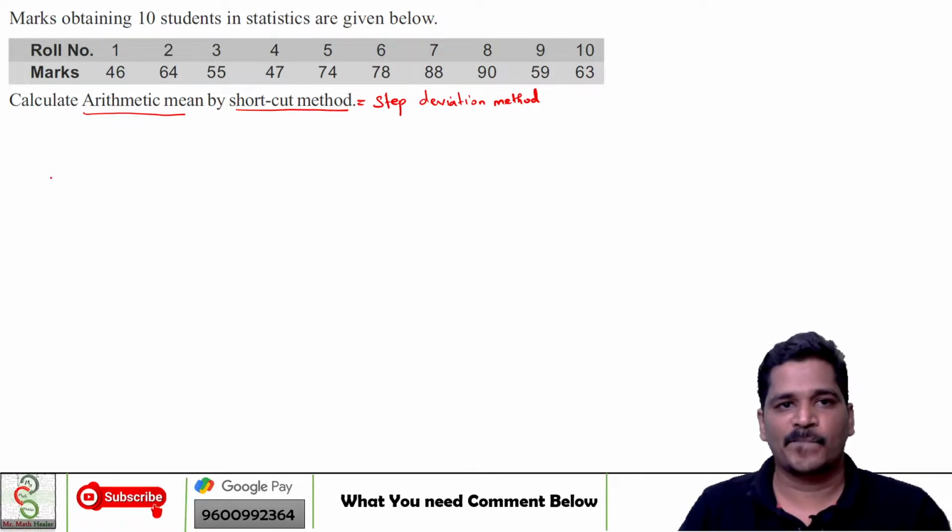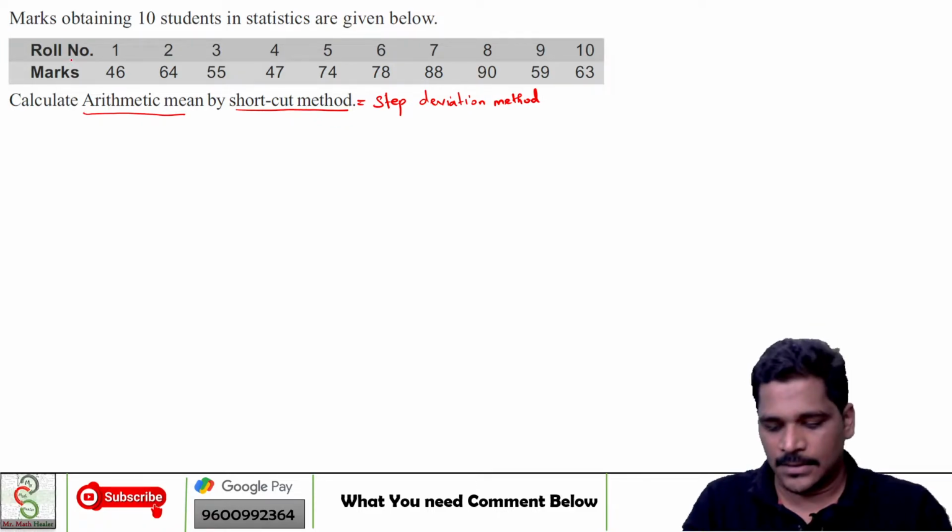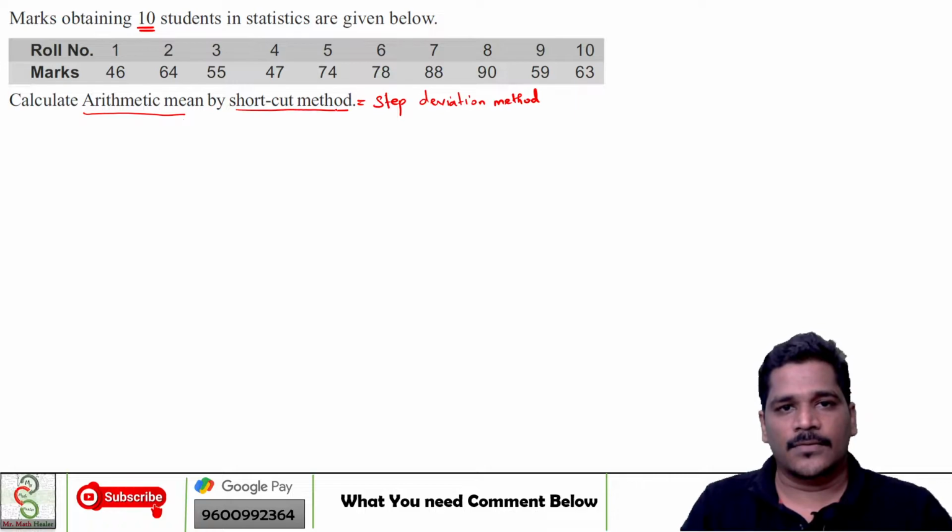What you need to understand from the question is that in the direct method you just add up all the marks and divide by the total number of students. Here the total number of students is 10, and the marks of the students are given here. So the first step in the shortcut method is that you need to